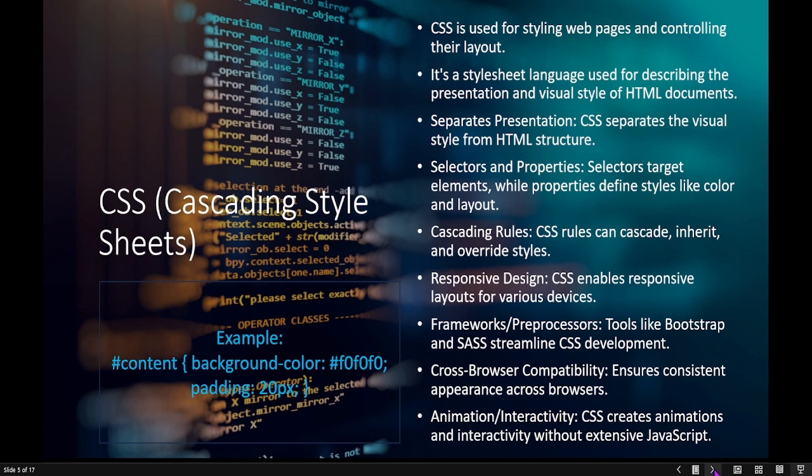It also has internal, external, and inline CSS. Responsive design: CSS enables responsive layouts for various devices. Then it has cross-browser compatibility, animation and interactivity. CSS creates animations and interactivity without extensive